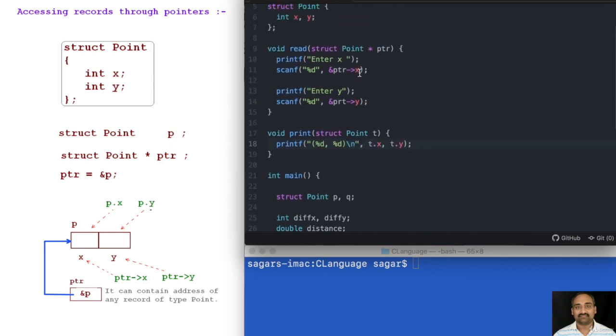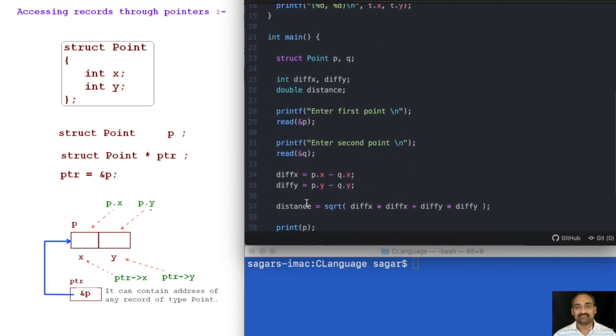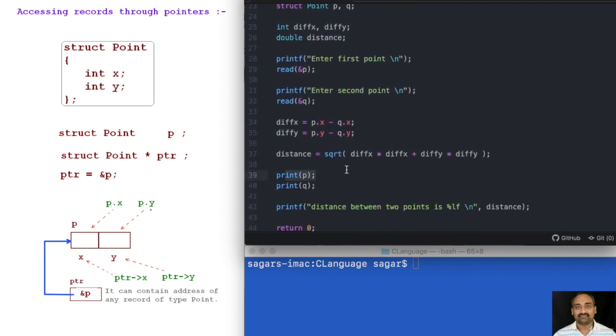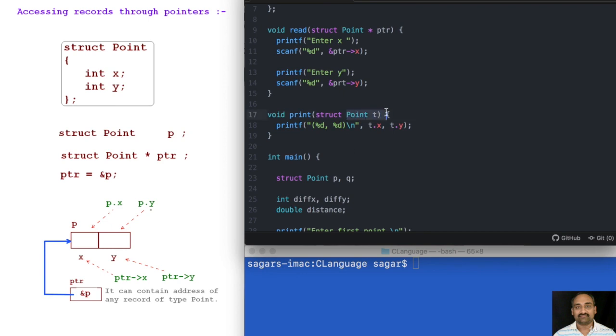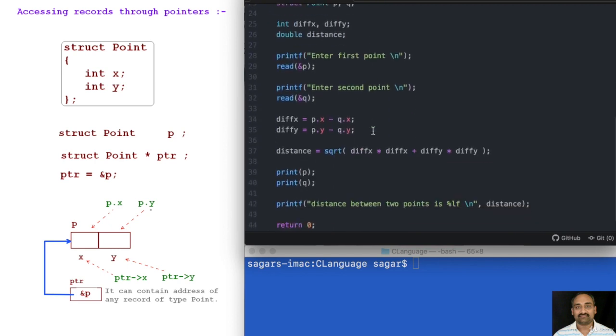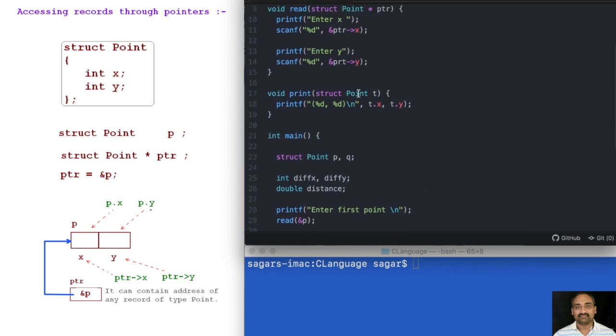Now what is the difference between these two? This is a pointer, this is expecting the address, but this is expecting the record. In this case, the content of p is copied to t. So any modifications done to t will not affect the given point. Similarly, when we make a second call, the content of q is copied to t, and t.x means its own copy.